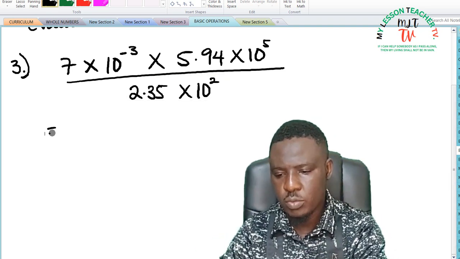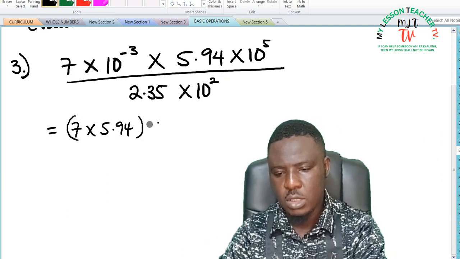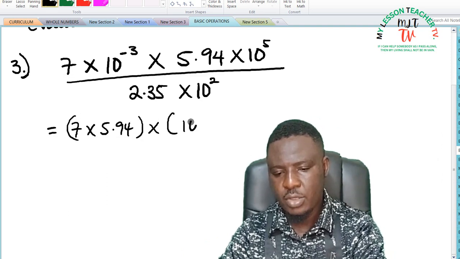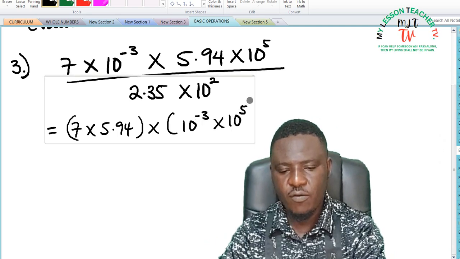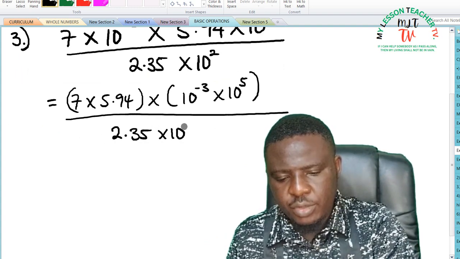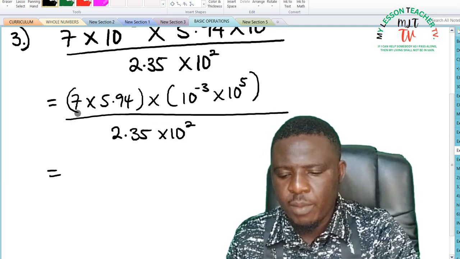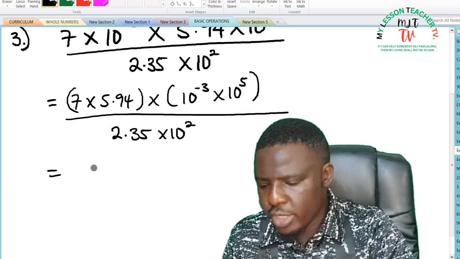This is equal to 7 times 5.94 times 10 raised to the power of minus 3 times 10 raised to the power of 5, divided by 2.35 times 10 raised to the power of 2. When you simplify the numerator by multiplying 7 times 5.94, you get